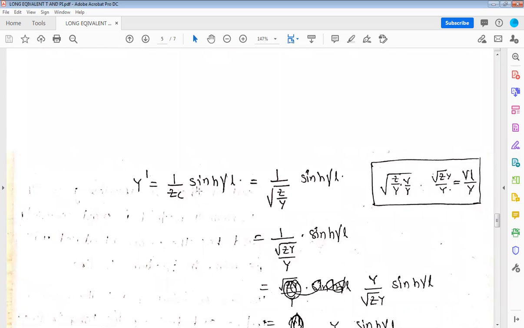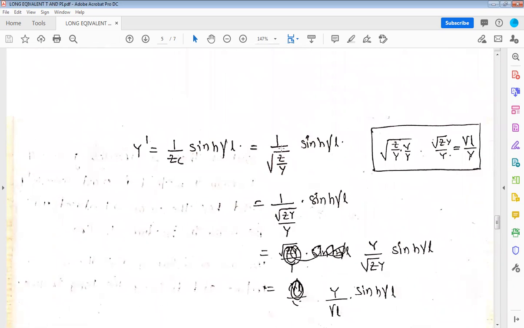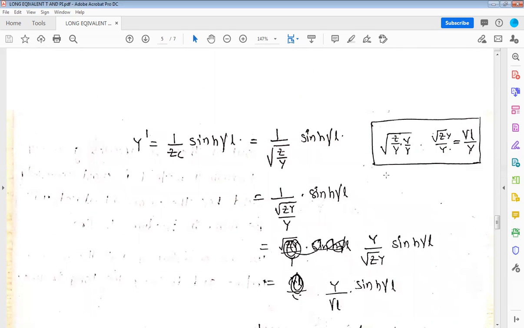Y dash is equal to 1 by sin h into gamma L. That is equal to 1 by under root of Z by Y into sin h into gamma L. That will be represented in this one. Here I have written it in the box form. That will be represented as dividing